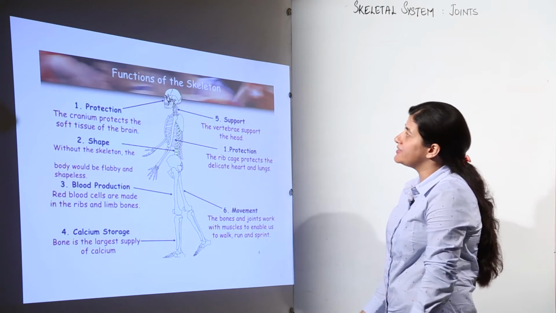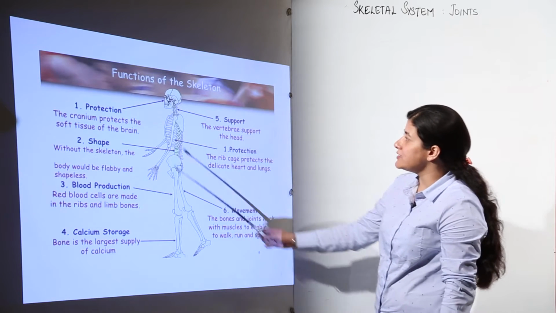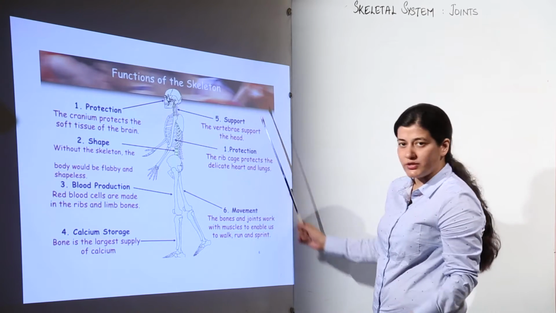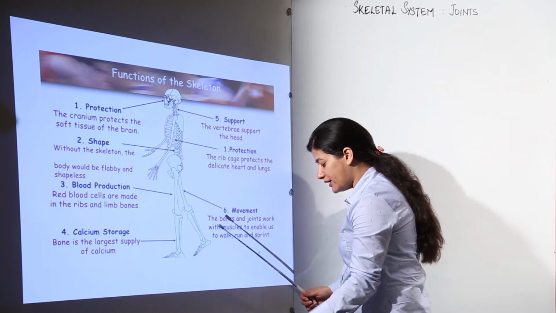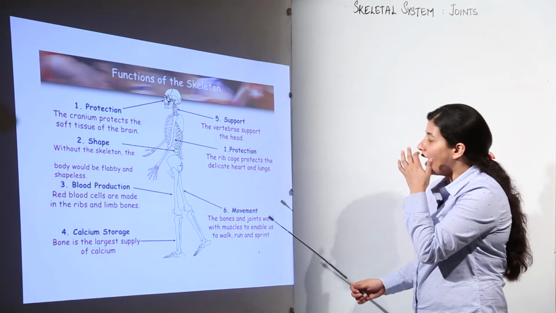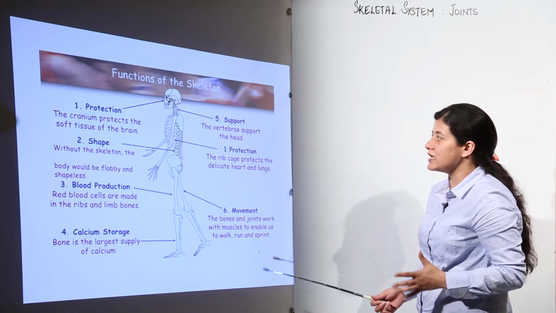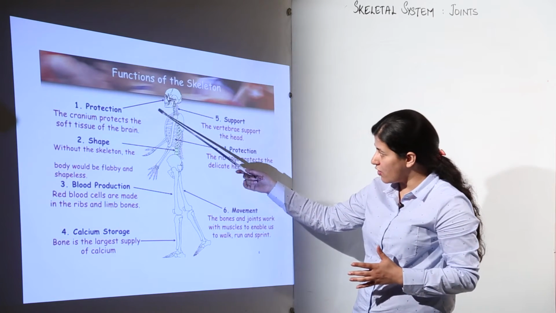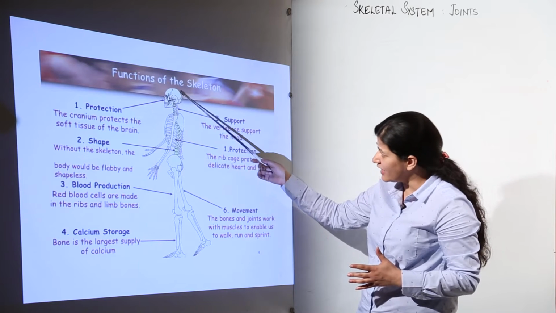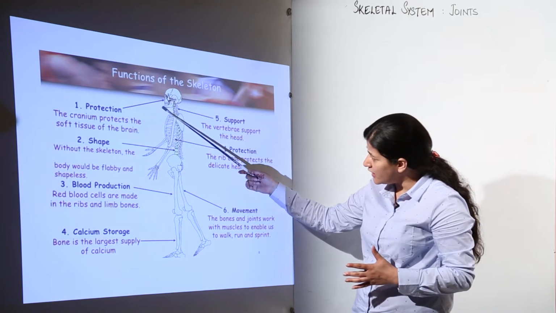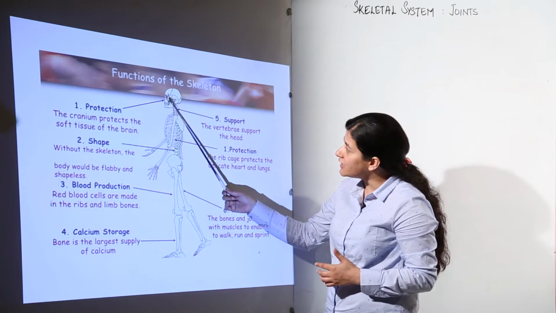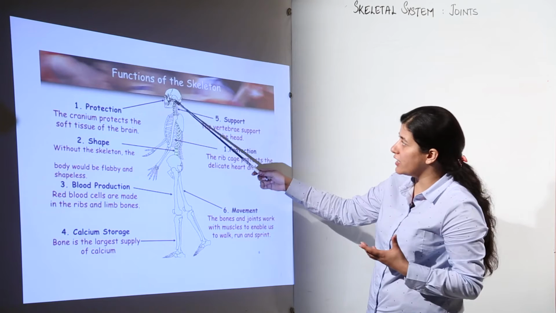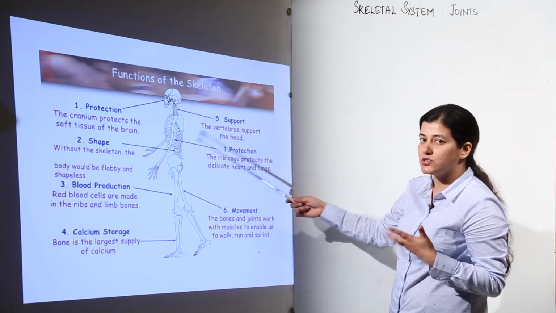So one by one we see the functions of the skeleton. As you can see, the first function is providing protection. You see that we have two types of skeletons, that is the axial and appendicular skeleton. We have studied about it, and what we see is the main purpose is protection. You see over here, this is the cranium, and this is the part of the skull which comprises the facial bones. So this cranium is providing the protection to your brain, and the brain is very important. So the part of the head that provides protection to the brain is known as the cranium.